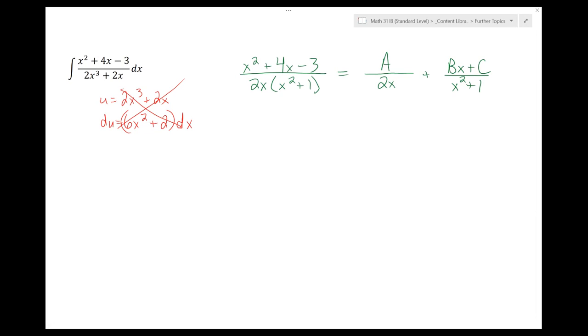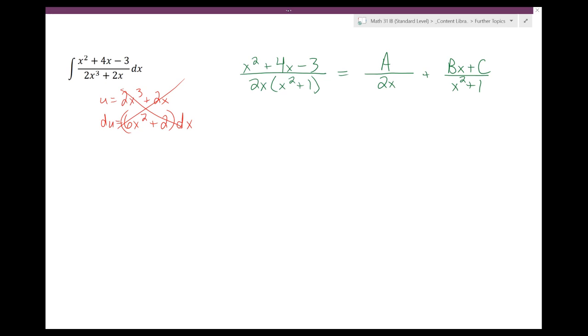So basically I'm saying if I broke this up into the simplest possible fractions, then the numerators would have to be 1 degree less than the degree of the denominator. So if my denominator is linear, then my numerator is a constant. But if my denominator is quadratic, then my numerator is linear, which means it potentially has two terms. And that makes sense. I have three variables here, and I have three terms in my numerator. I have a quadratic term, a linear term, and a constant term,